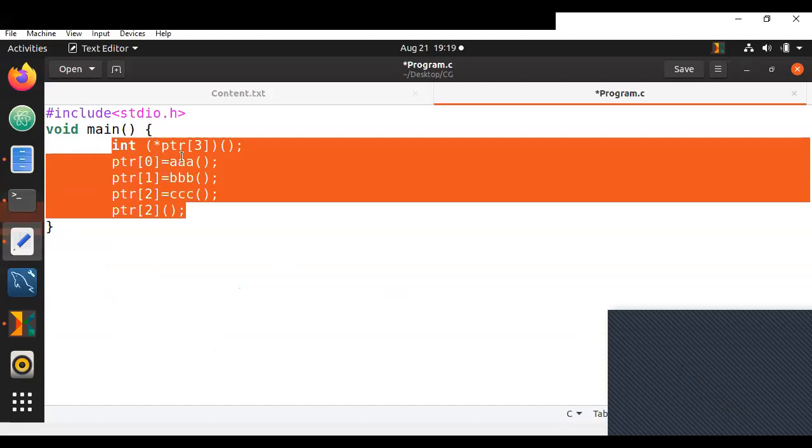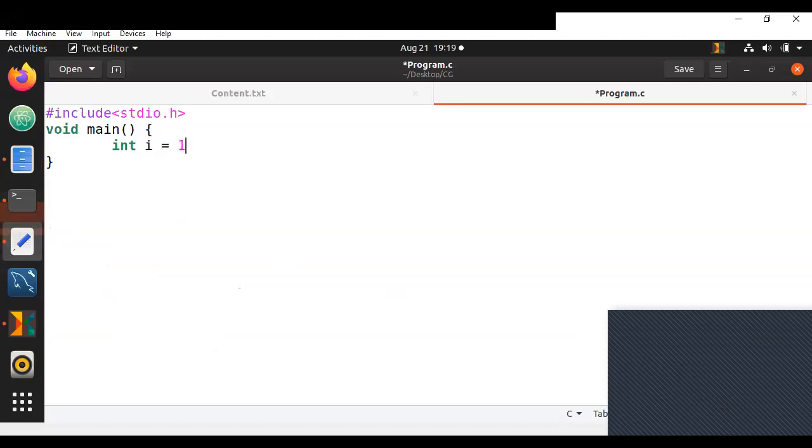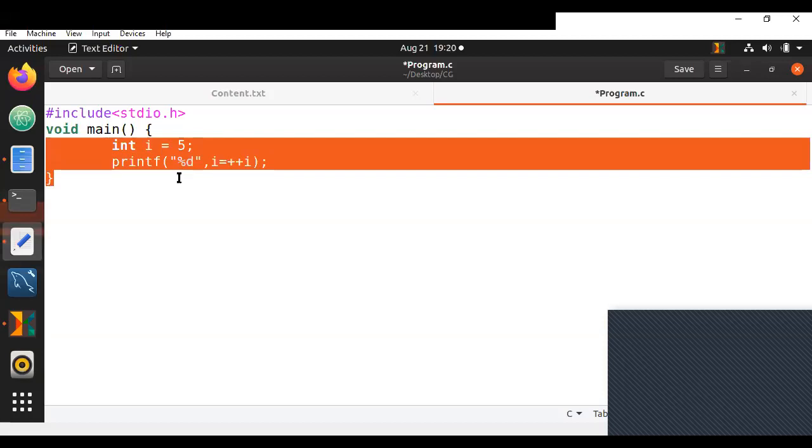Now let us take an example: let's say int I equals 5, and let me print something. One of you asked what kind of increment is allowed and what kind is not allowed. Let me do something like I equals plus plus I. Now, observe this. What do you think could possibly happen here? Since one of you asked this, I want to take this example before going ahead. These are all simple cases that possibly may be asked in Capgemini as well.